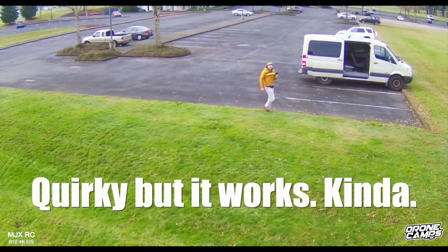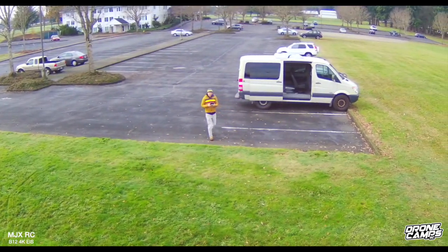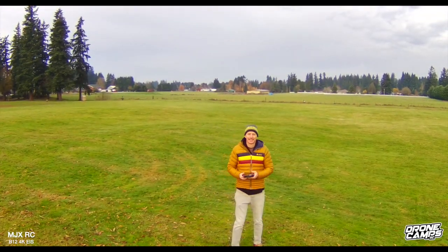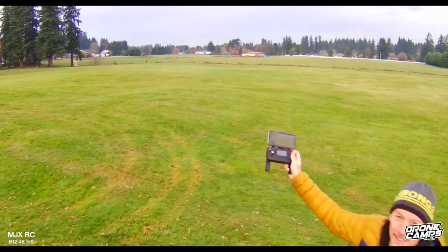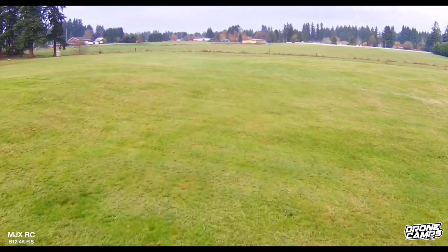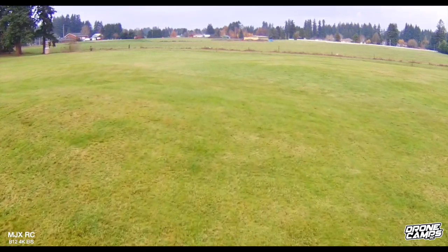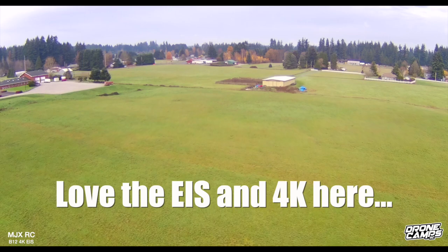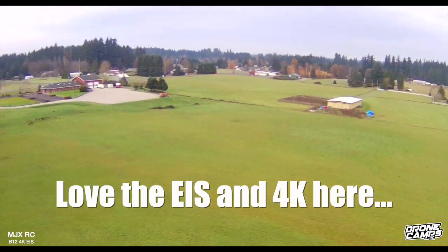It's a little bit herky-jerky as well, but it does work. So I can't beat it up too much on the modes, but I think mostly what this drone is for is just really nice straight ahead flying. It looks fantastic. The 3800 4K video with stabilization worked great, and I used a class 10 16 gigabyte card